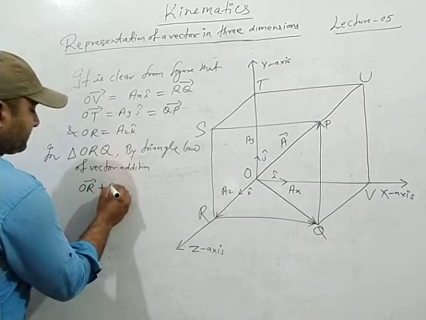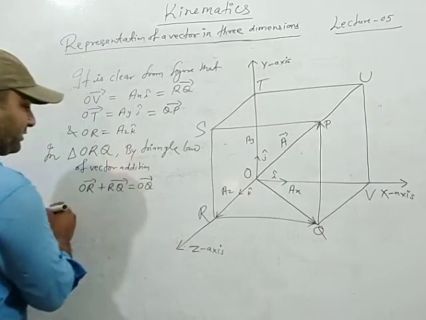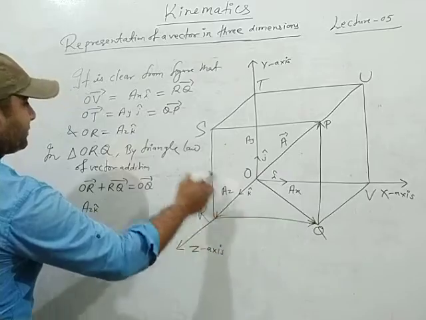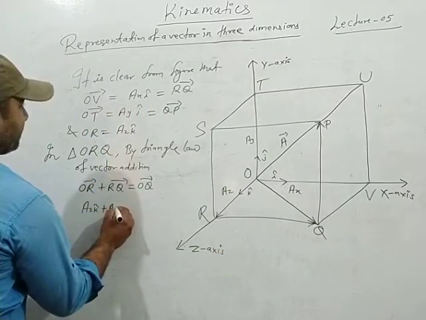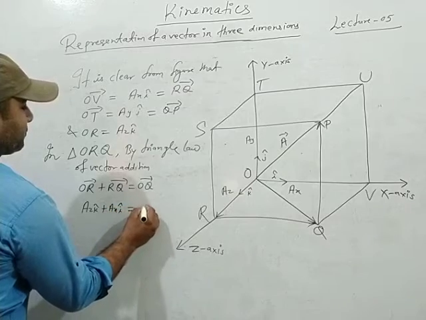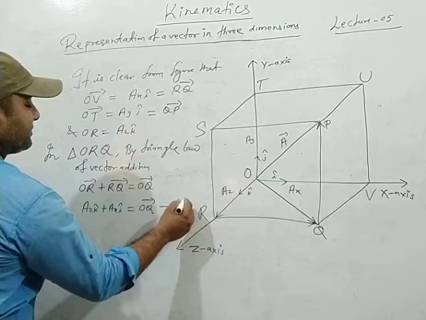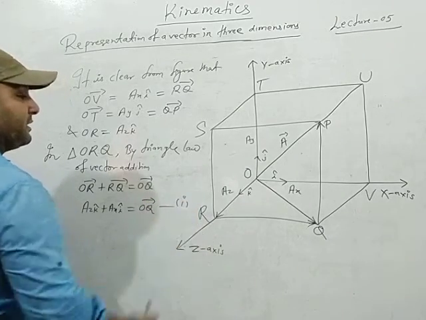OR plus RQ is equal to OQ, and OR value here is az k, and RQ is equal to OV, that is equal to ax i. So ax i plus az k is equal to OQ. Clear? Make this equation number one, and then after this, in triangle